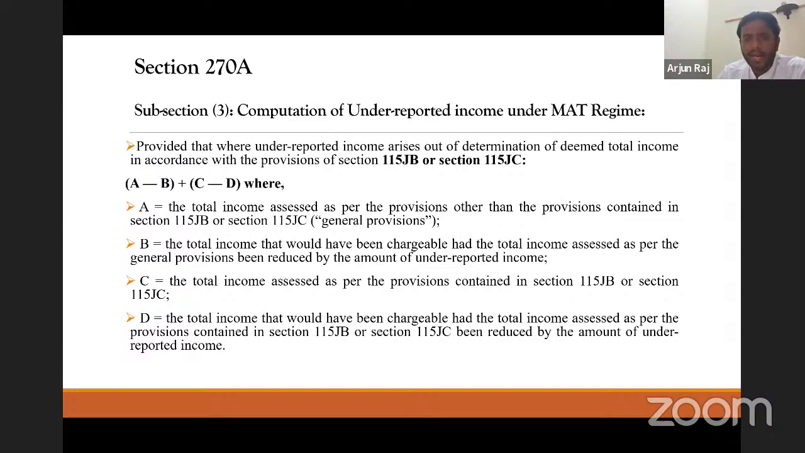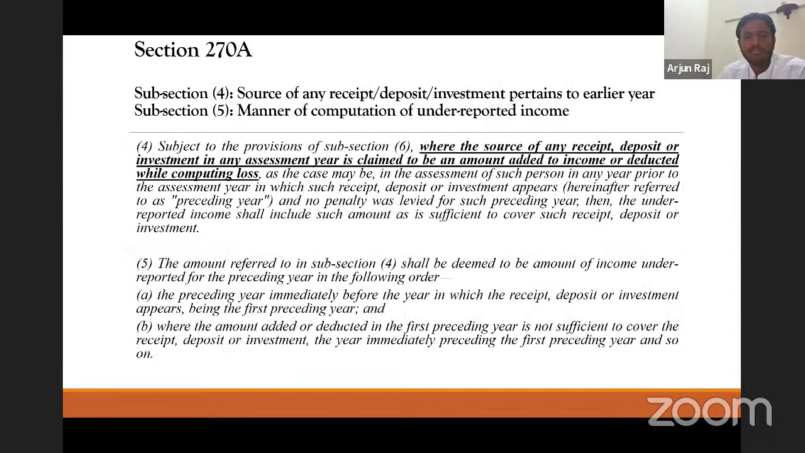Similarly for MAT, there's a specific formula given where they quantify the general provisions and the MAT provisions, and the underreporting of income is quantified. With respect to subsection 4 and subsection 5, it is basically a replica of what was stated in explanation 2 to 271(1)(c), where the source of any receipt or deposit or investments in any year is claimed to be an